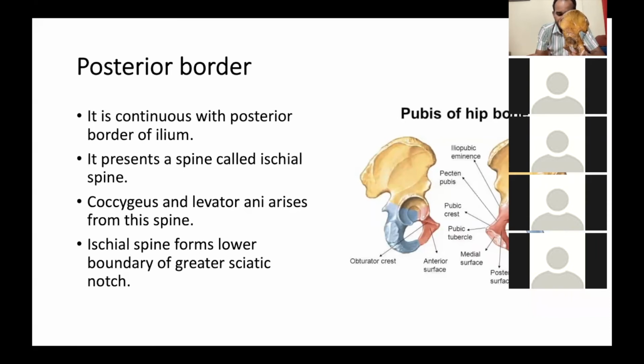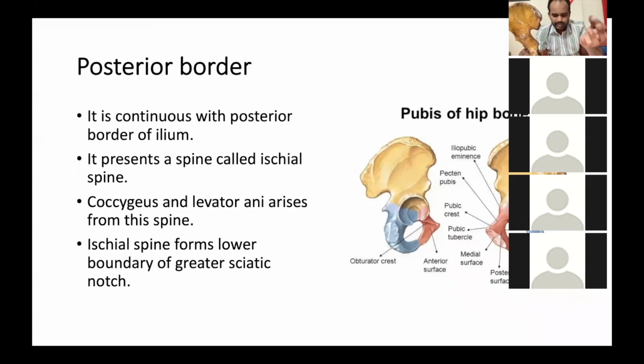So structures passing through the greater sciatic foramen: from the greater sciatic foramen, you see structures passing like the piriformis muscle, superior gluteal vessels and nerves,